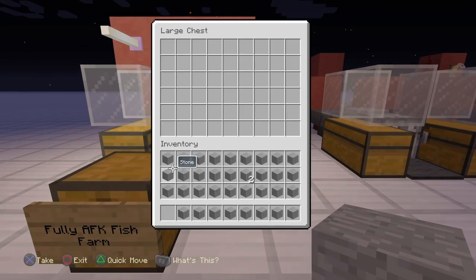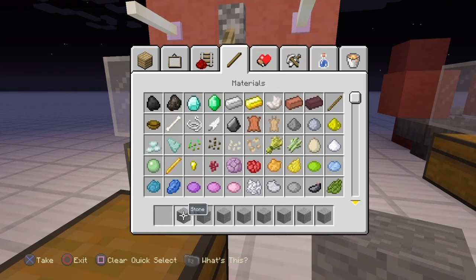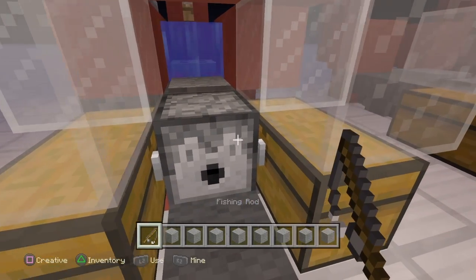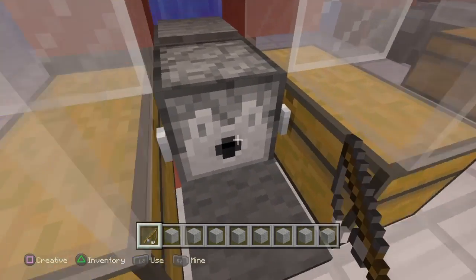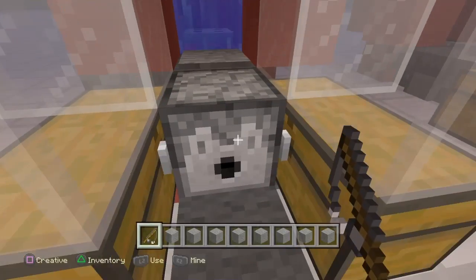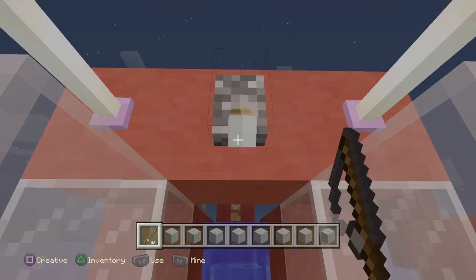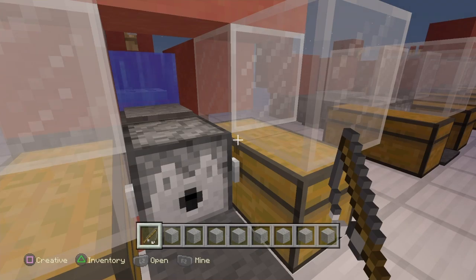So I will show you how the system works in a second. You want to fill this chest up with fishing rods, as many fishing rods as you can, and it will go through the dispenser and it will keep shooting out at you. This part isn't necessary if you have mending, because as you catch items, the fishing rod will pick up the XP and will fix itself. But also as well, the spare fishing rods will go down into the front hopper and then back into the dispenser. So you want to turn the system on